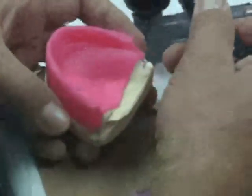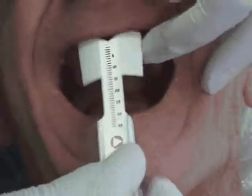So we place the rim former right into that lowest point, fits right onto the bar. If you're doing dentures,